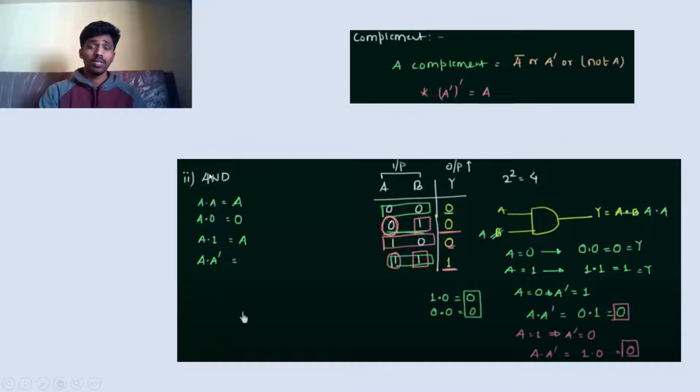The second rule is AND gate. In AND gate, we are having two inputs A and B and the output will be Y. If you are having two inputs, then the number of outcomes will be 4. 0 0 gives 0, 0 1 gives 0, 1 0 gives 0, and 1 1 gives 1. The symbol of AND gate is shown in here.